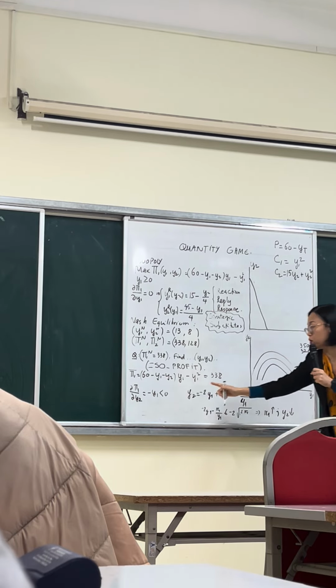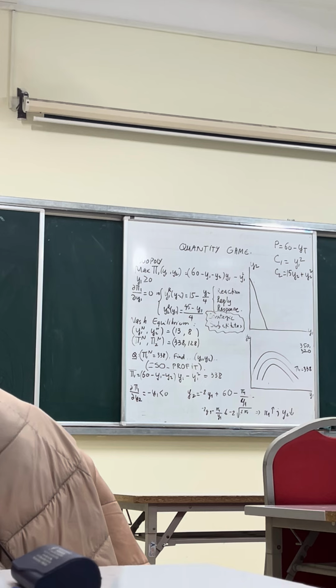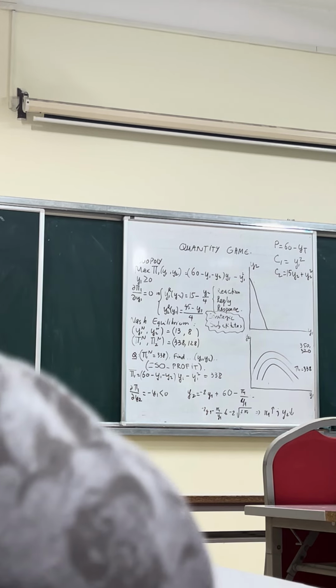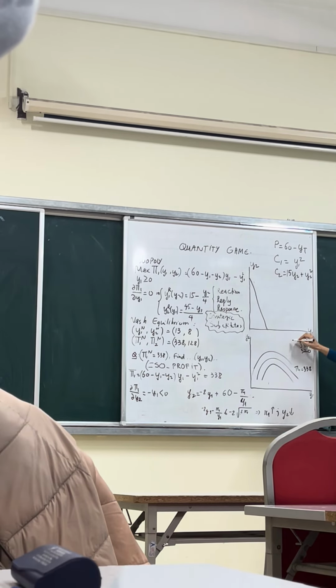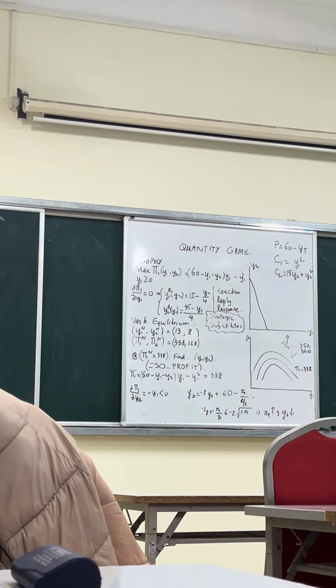Okay? Mathematical explanation either here or here. Whatever you feel comfortable with, in order to help you to remember, you go with that. Or otherwise, after the class today, you can only memorize this. That's fine. I don't have any problem with that. It means, if you go this way, profit of firm 1 goes up. That's something I want you to memorize.